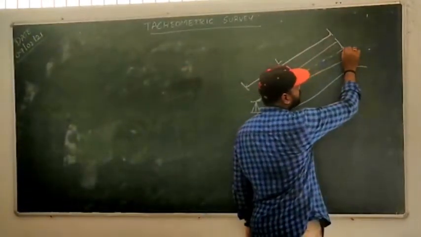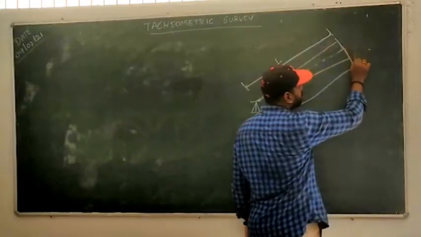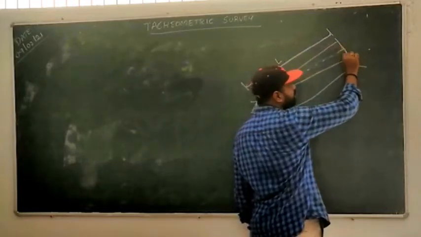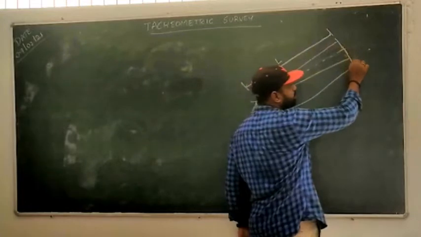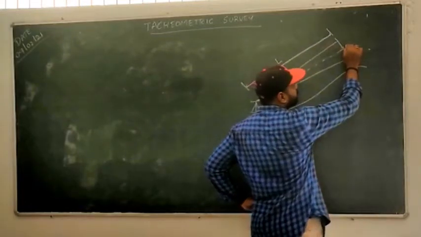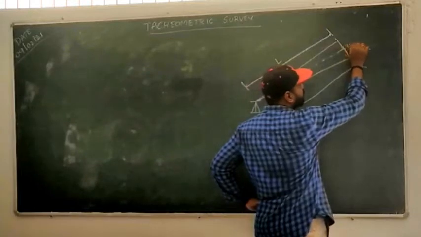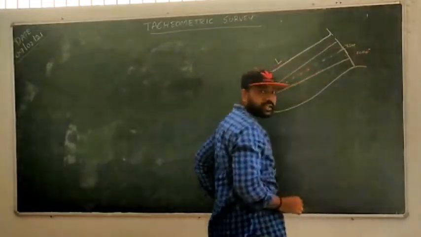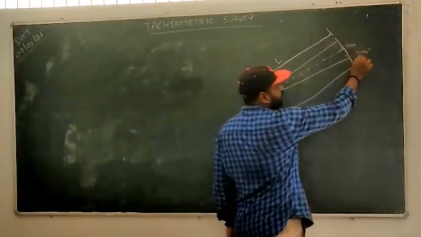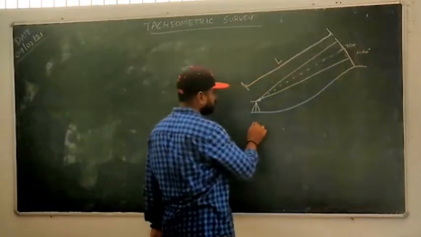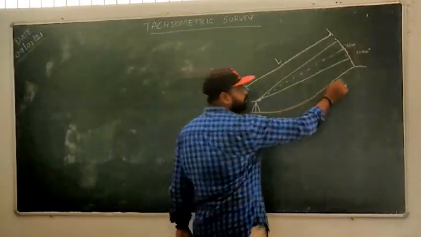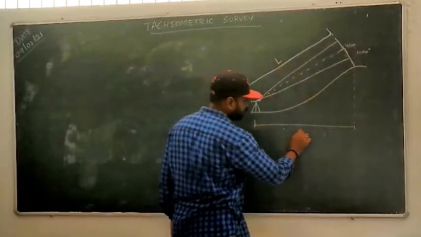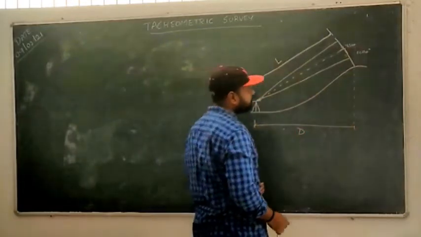If you consider this in the vertical way, this distance from here to here, say this length is R, and say this is your theta. Then this will become R sine theta, and this will become R cos theta, right? So R sine theta, R cos theta. Now the distance from the instrument point to this leveling staff, we denote it as D, the horizontal distance D.